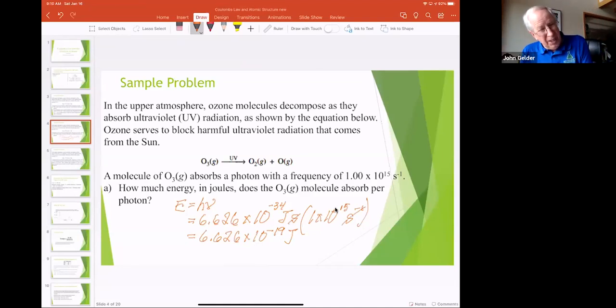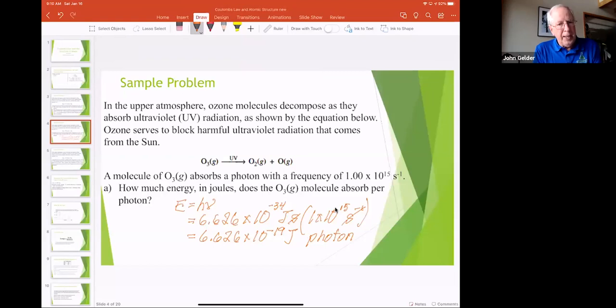Now, this is a very small number, but this represents the energy of a photon, of 1 photon of light that can be absorbed by a single ozone molecule. Now, we're not told whether this amount of energy is capable of breaking that oxygen-oxygen bond, but, and this is